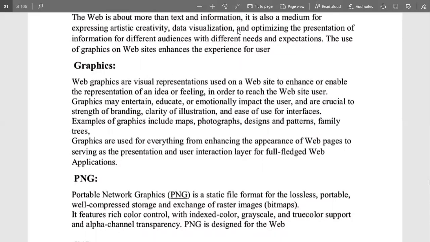So we have to insert some graphics definitely, and that will include any photographs, any patterns, any trees, hierarchy, any maps, any graphical format will be done with the help of this format. So we can say it is used for everything, from enhancing the appearance of the web page to serving as a presentation and user interaction layer for a full-fledged web application, right?